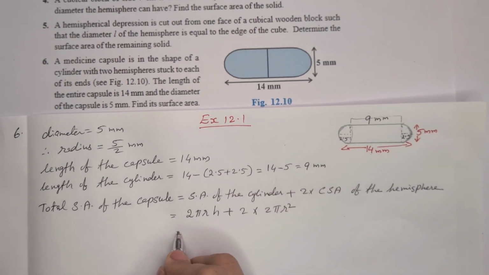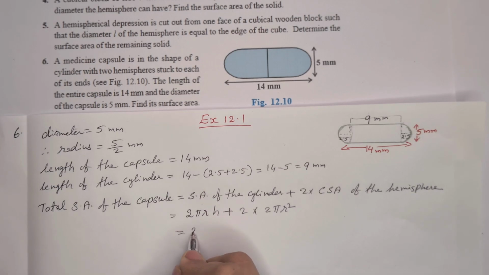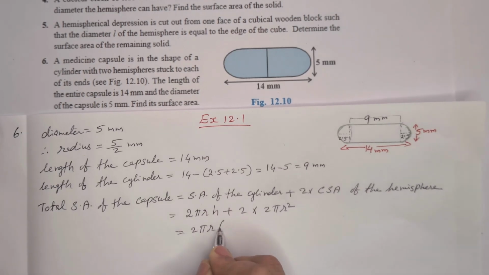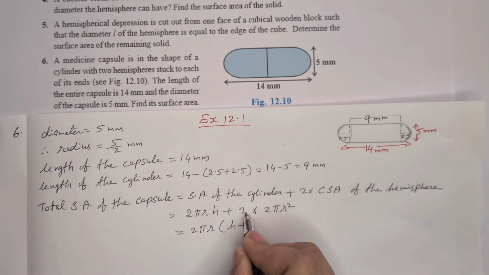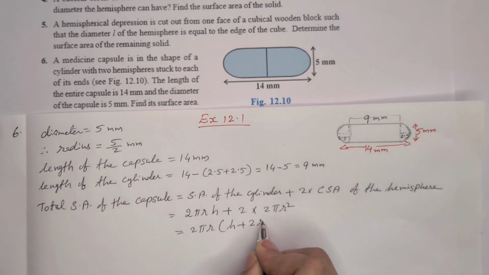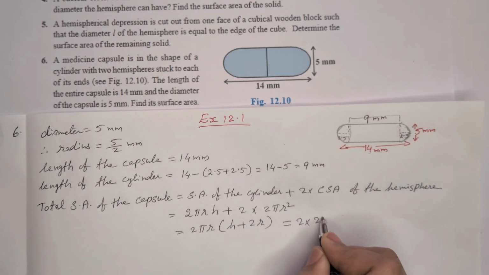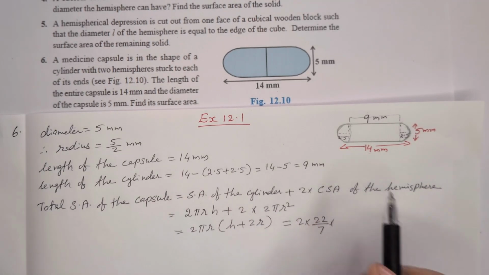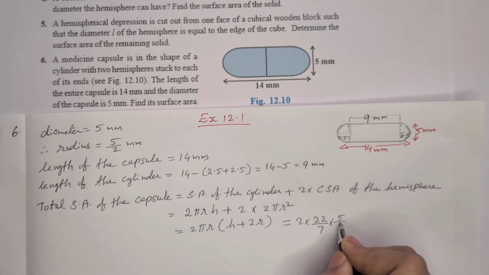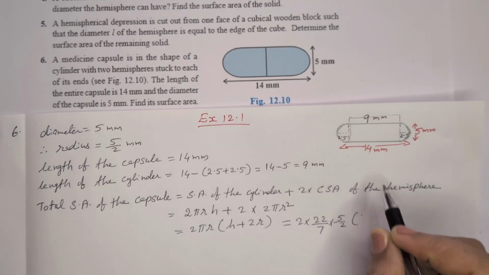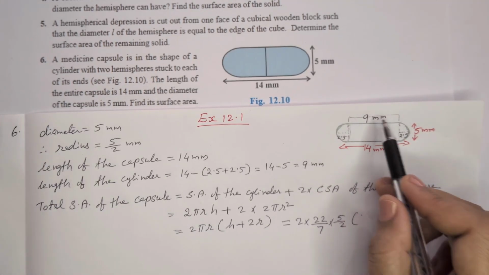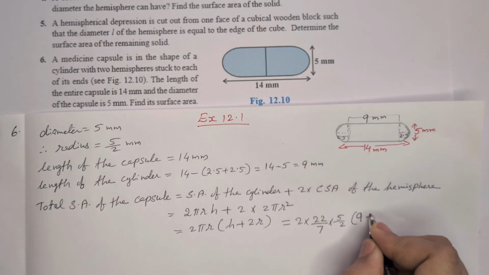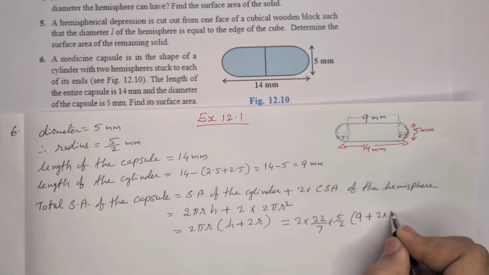From here we can take 2 pi r as common, from here h plus 2 pi r is taken, then 2 and 1 r. Then we can substitute the values. 2 into 22 by 7 into radius 5 by 2, in bracket height of the cylinder, that is 9, plus 2 into 5 by 2,